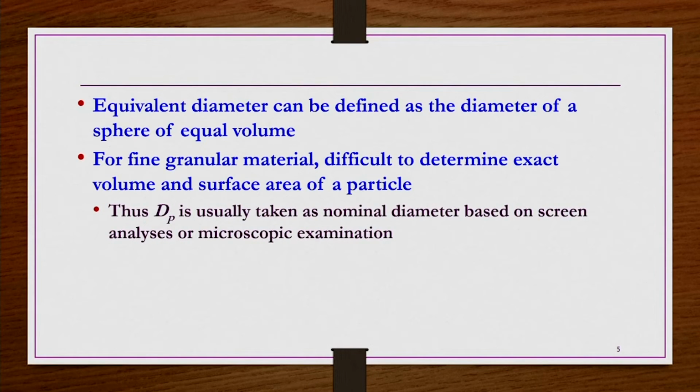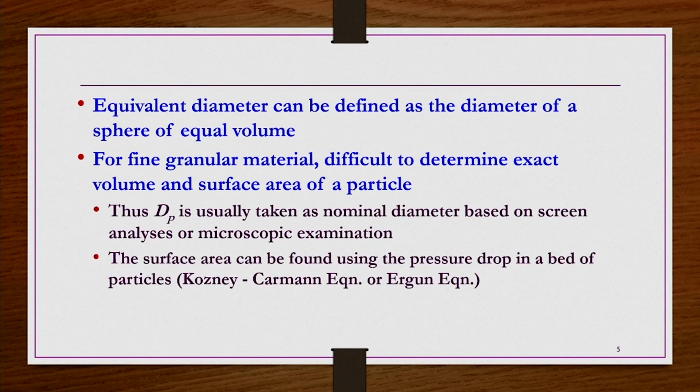So, there we have screen analysis, or we can do some kind of microscopic examination, right. And then there are some experimental methods also available from which we can measure the surface area. You take a packed bed and pack it with the irregular material for which you want to measure the surface area, and do the experiments. You measure the pressure drop, and then these pressure drop values, along with the size of the particle and the fluid properties, you substitute in the Kozeny-Carman equation, and from there you can find out the surface area of that particular unstructured material packing, right.